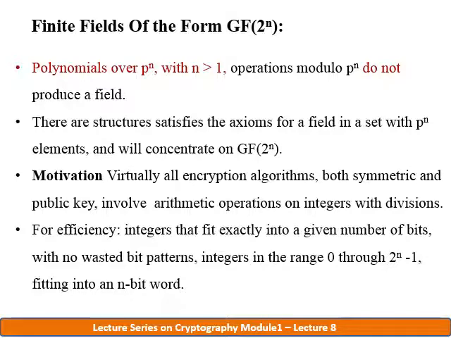The main motivation for the finite fields of the form Galois field of 2 to the power of n is that virtually all encryption algorithms, both symmetric and public key, which we are discussing from the next lecture onwards,